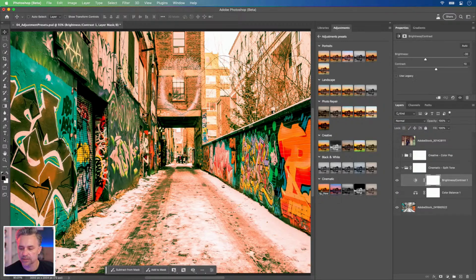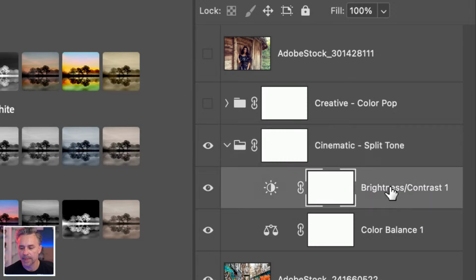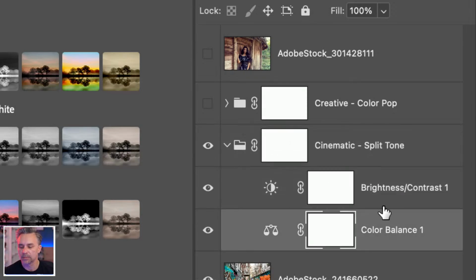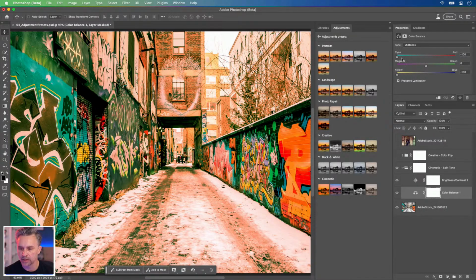And I like cinematic. So let's try cinematic. As I click on cinematic, split tone, this is why this is in a folder, because there could be more than one. Places them right here. We can jump in, play with the properties, adjust the brightness. And like we said, the color balance,